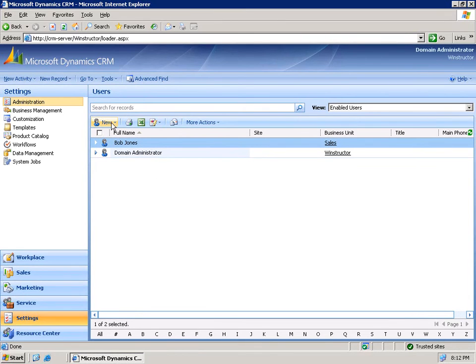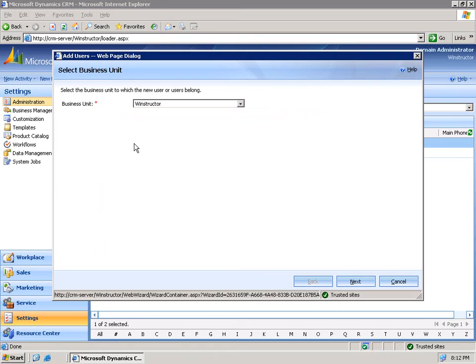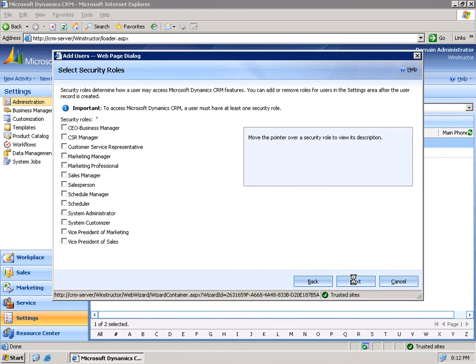All right, well, let's click New again, and this time we'll choose to add in multiple users. And the first thing we'll need to do is to decide which business unit these users will belong to. So let's, from this drop-down box, choose our sales business unit and then click Next. Now we'll need to define what security roles we want to assign to these users. So let's make these users all salespeople, although you can choose more than one role if that's what you require, but we'll leave it at salespeople and